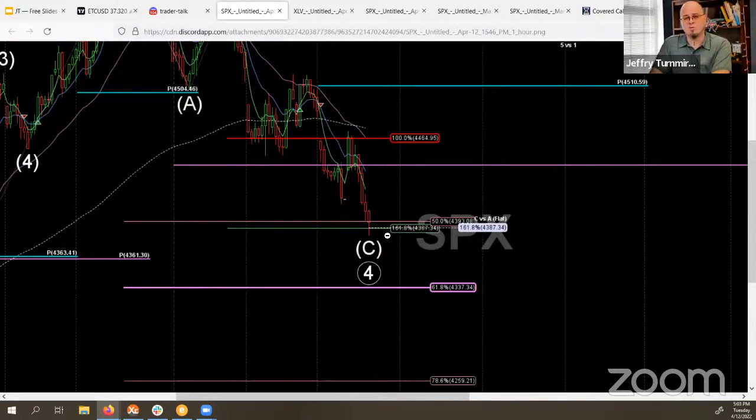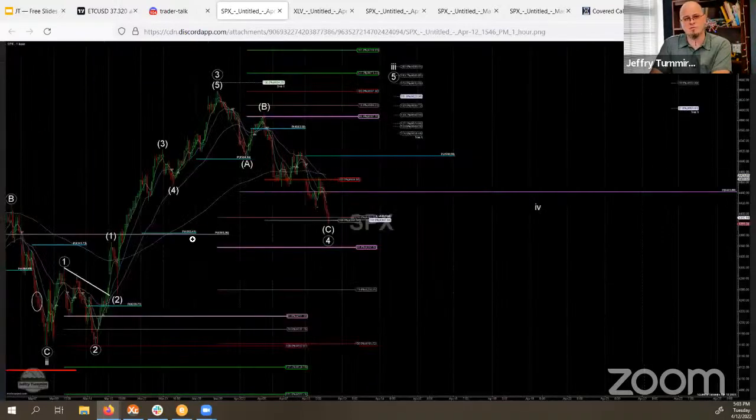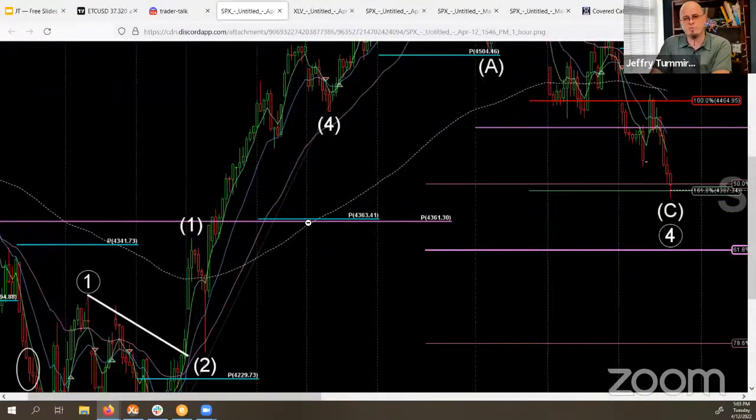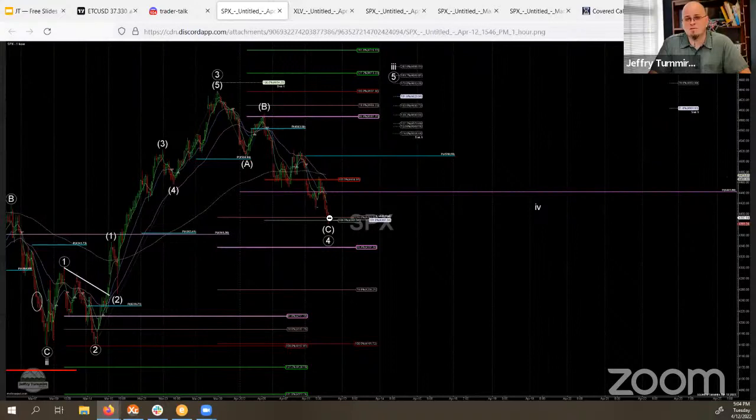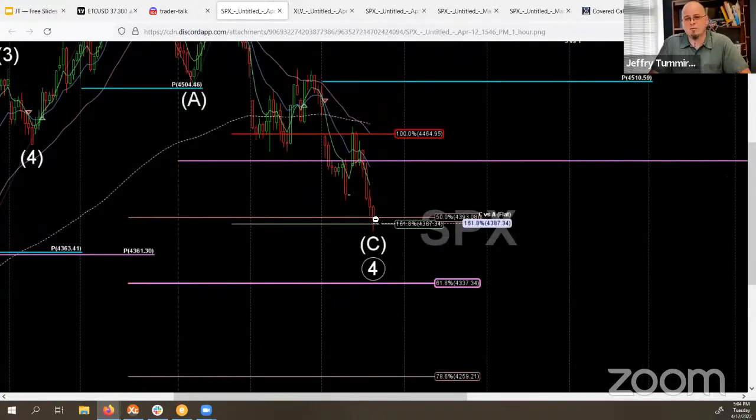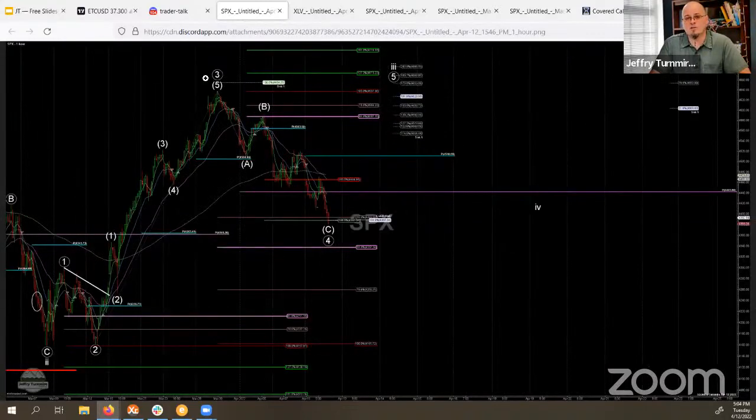The next support I would expect below this, if we're going to push lower, is going to be right here where these are lumped together. This weekly pivot and this monthly pivot at 4361, 4363, that 4360 area. So if we push lower overnight and then tomorrow, that's the next support level I'm going to be looking for. But right now, this is looking like a prime setup for a bounce from right here. Now, the next target area is just going to be about where we had the prior high, maybe slightly higher. That's my primary expectation right now.